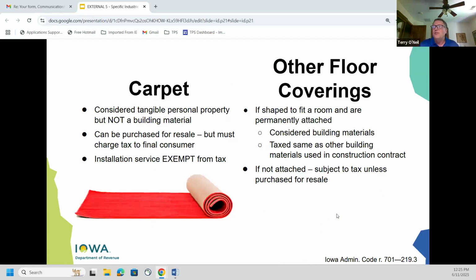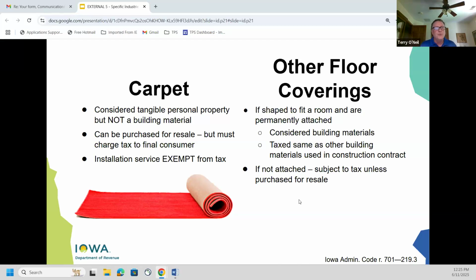I did mention a little earlier I was going to talk about carpeting again. I was going to mention carpeting a little later. Well, now is a little later. Carpeting is considered to be a sale of tangible personal property. It is not a building material. And some of you may be going, well, geez, how is that different than if I put down hardwood floors or linoleum or some other type of floor covering besides carpeting? Well, it may not be different to you or me for practical purposes, but there is a specific exemption in the Iowa code for this. So that's why it's exempt.